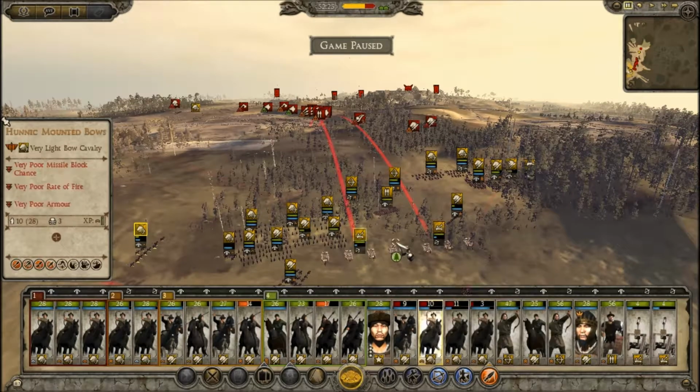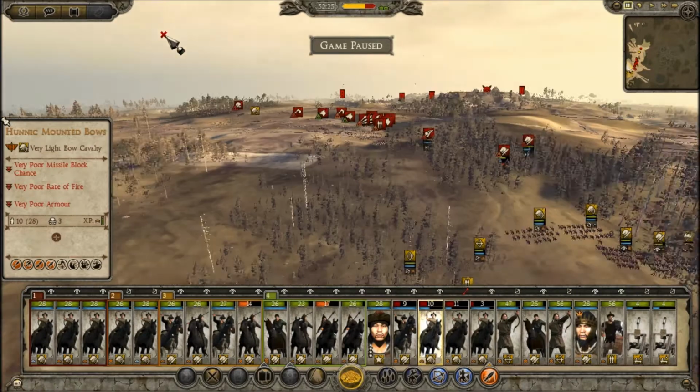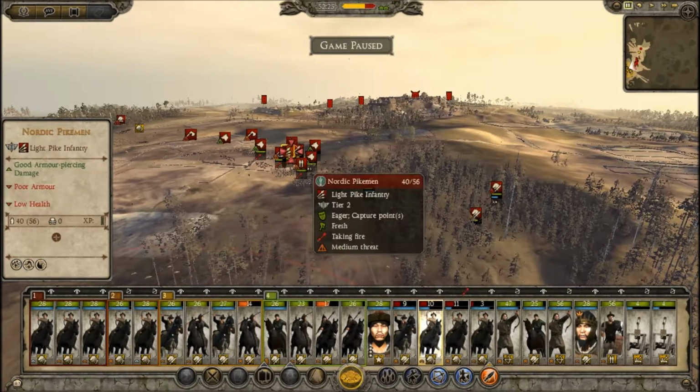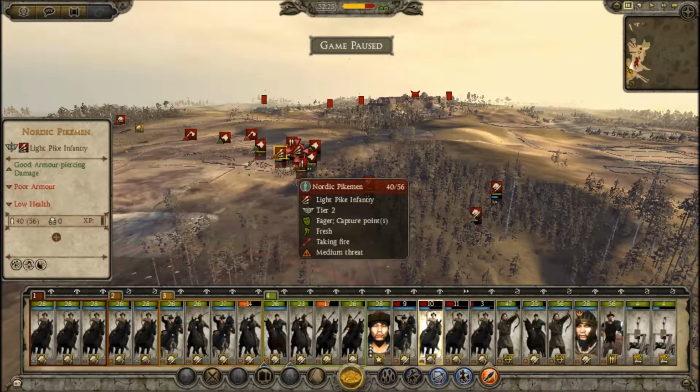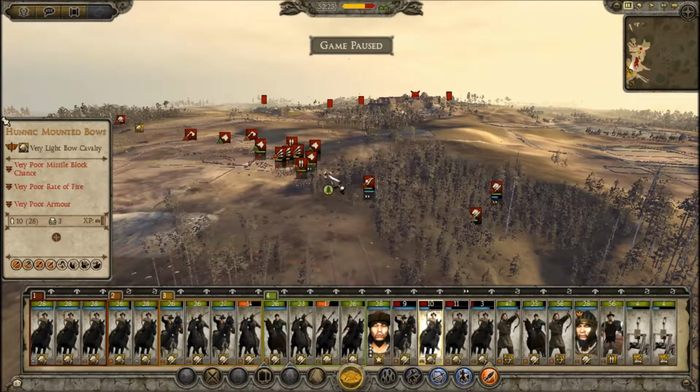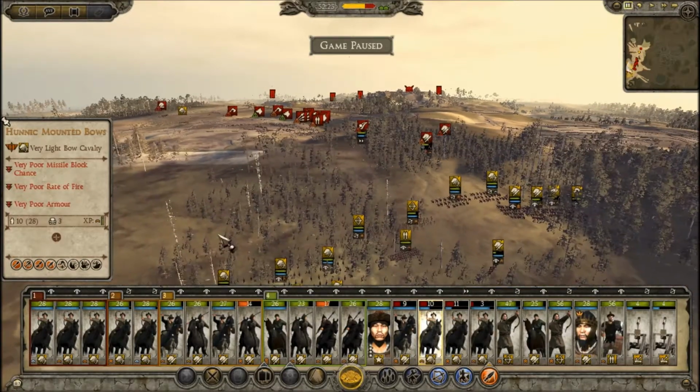What I've done with my onagers is I've put them on normal fire, but I've arranged their fire against the pikemen over here in the hope that we can get... Well, we've got 40 out of 56 there, 38 out of 56. We do seem to be having some effect on those, so that's good news. Now we've got to the point...